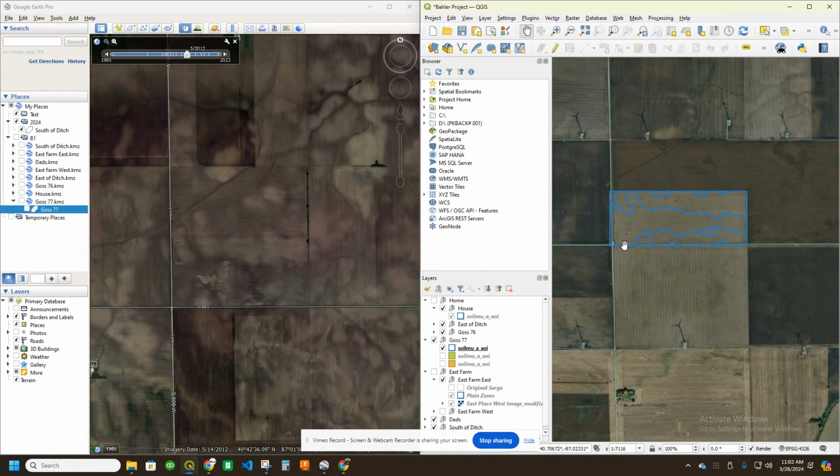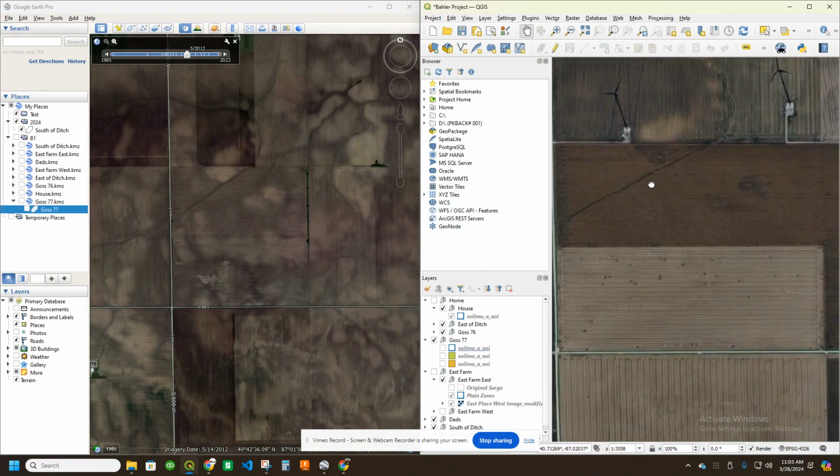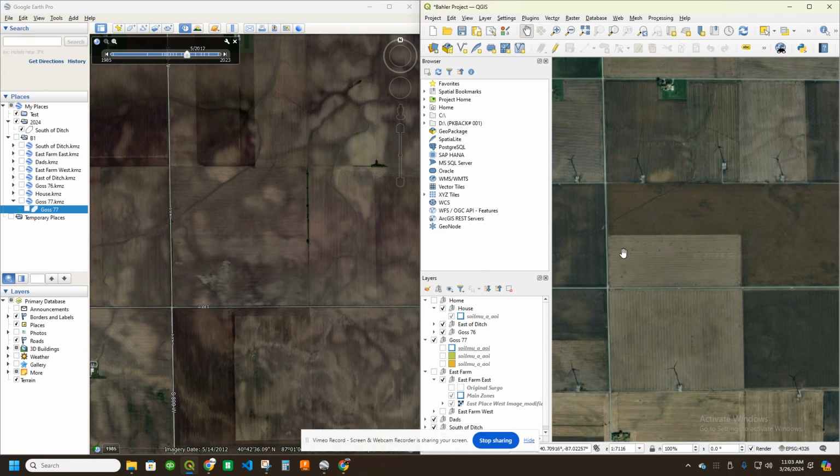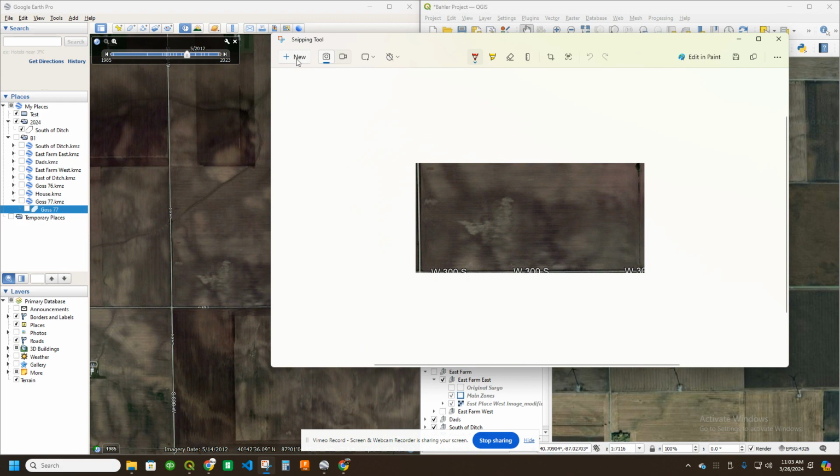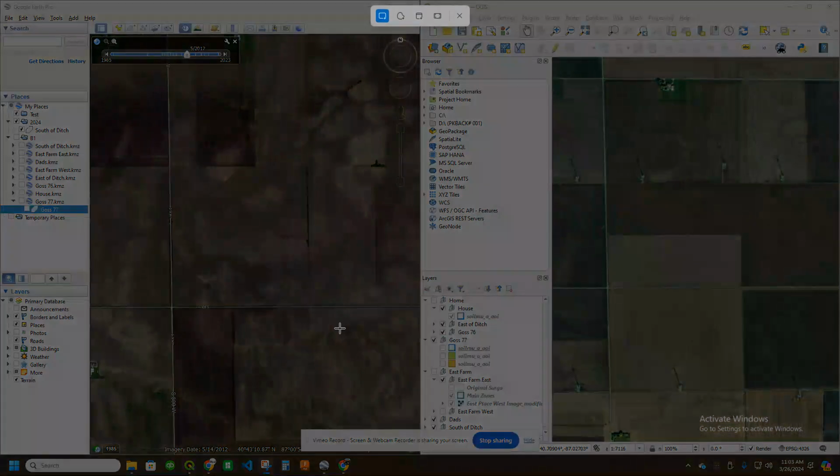But for georeferencing purposes, if I just snapshot that little box, I need some sort of reference to key my georeference off of, so it's probably not going to be very helpful if I don't get a little bit more of an area. So first of all, I am using my snipping tool to do this. If I click on it, I can hit new,